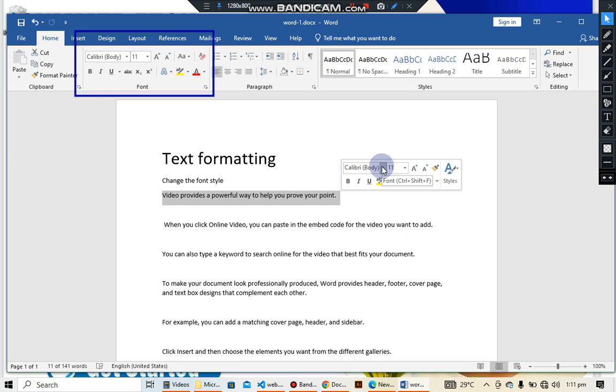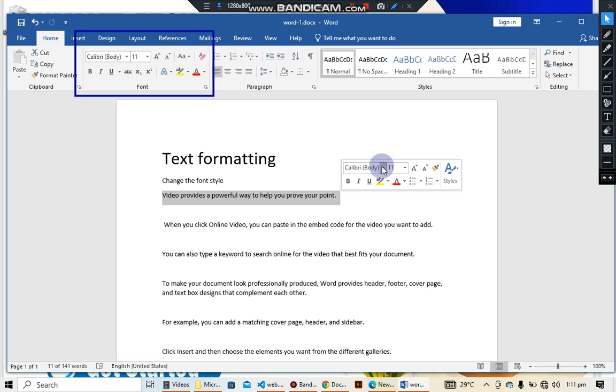If I highlight a picture object, the mini toolbar that pops up will only give me the options of how we change or format that picture. And if you target a text element, then